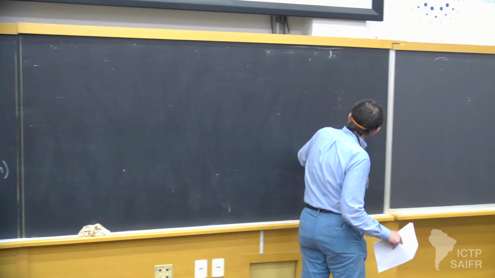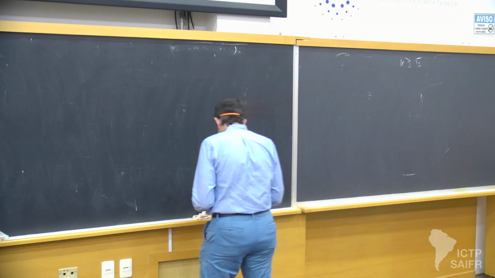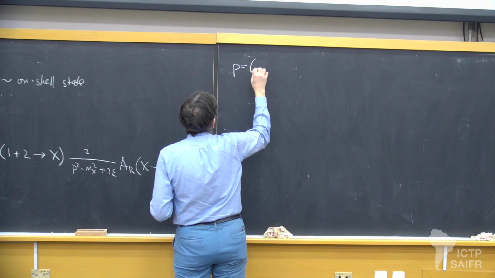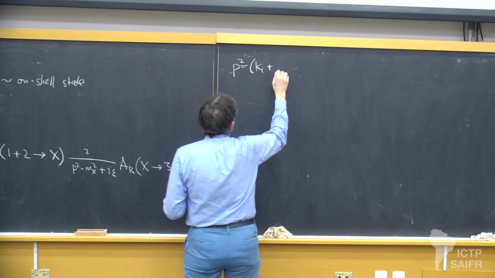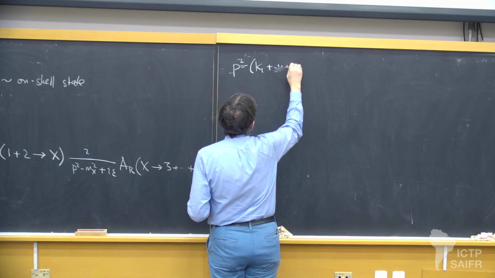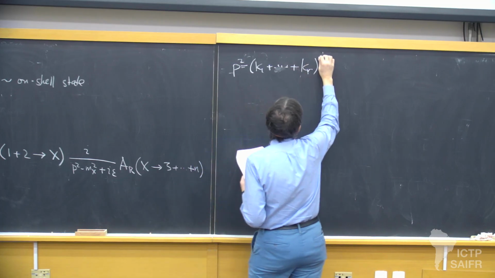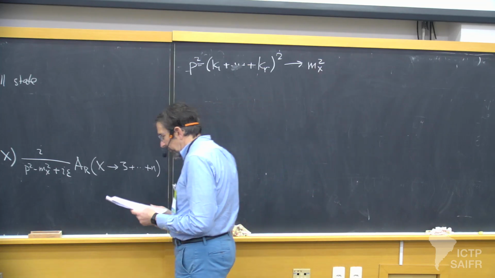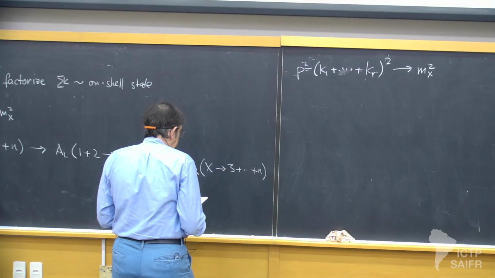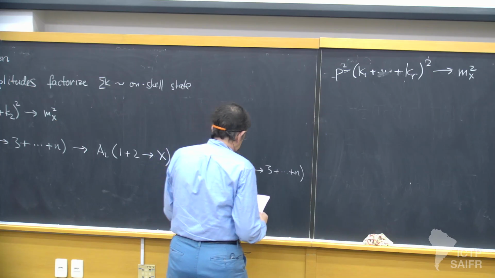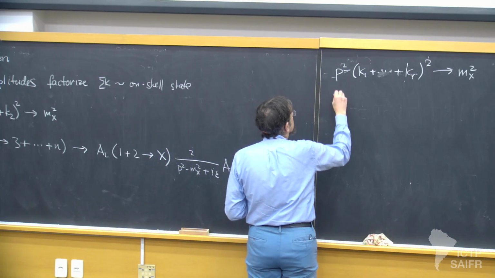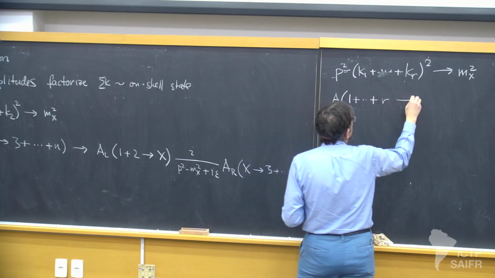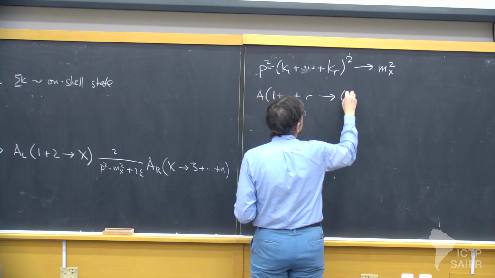And so more generally, we can imagine that the sum of our different momenta approaches the mass of some on-shell state, and then we're going to get, again, a factorization of this Gedanken process